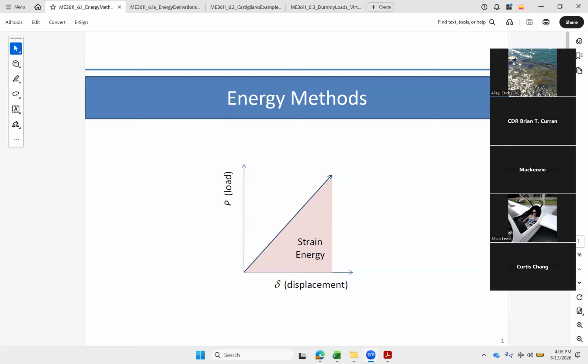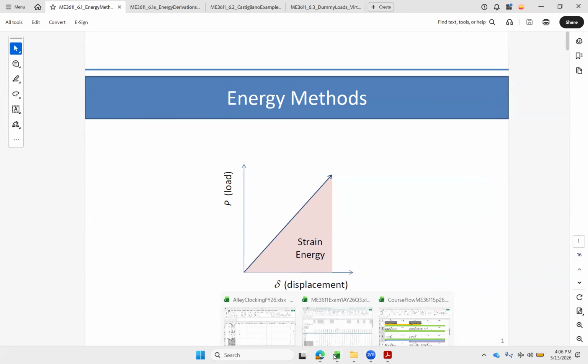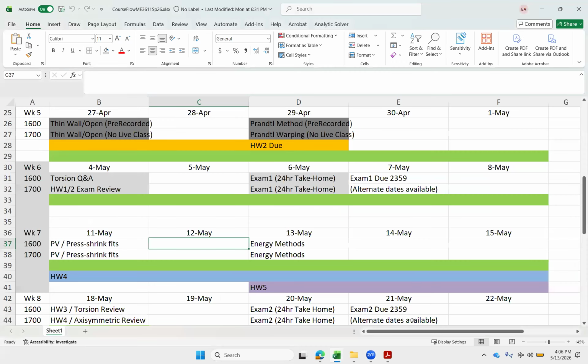All right, welcome back. On Monday, we went through and talked about pressure vessels and press and shrink fits, and we introduced the homework problems for that set. It's a fairly plug and chug type chapter. We're now moving toward the last little bit of material, which is going to focus on energy methods and then